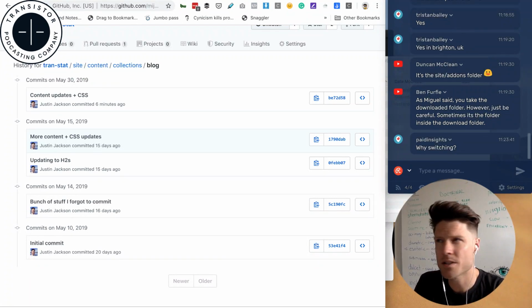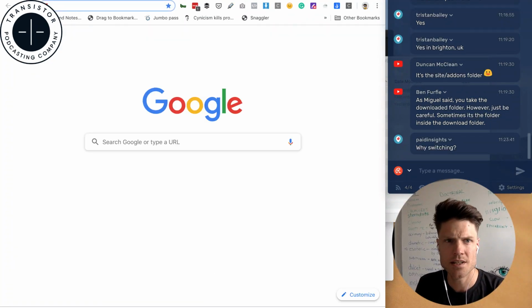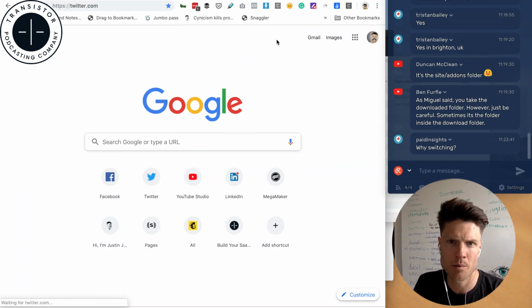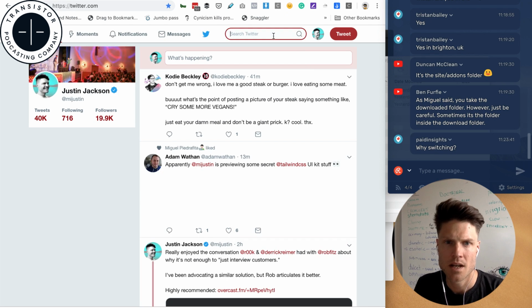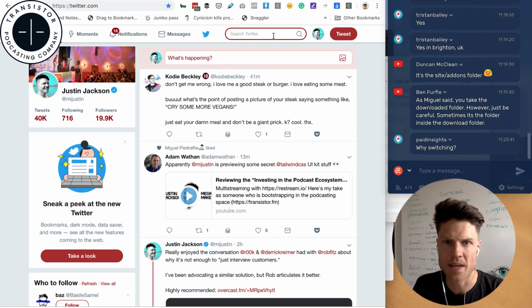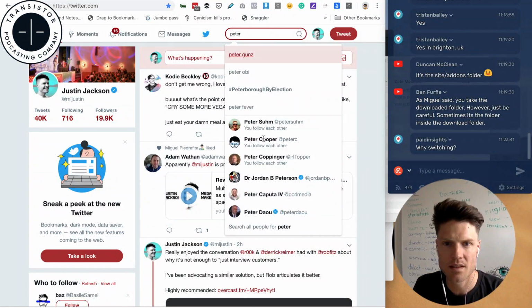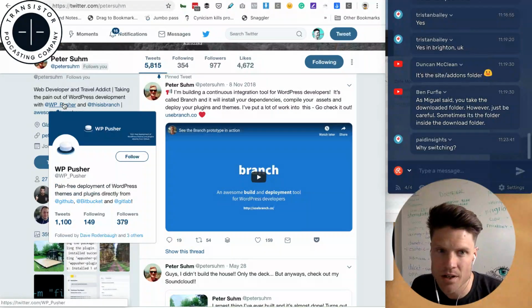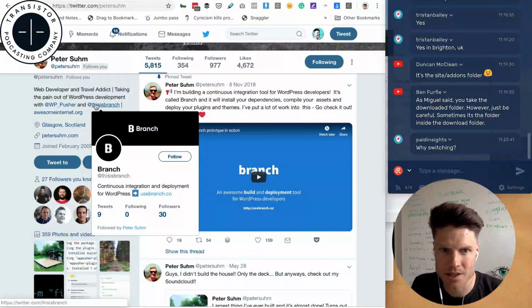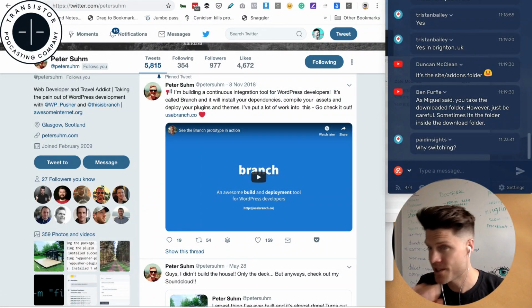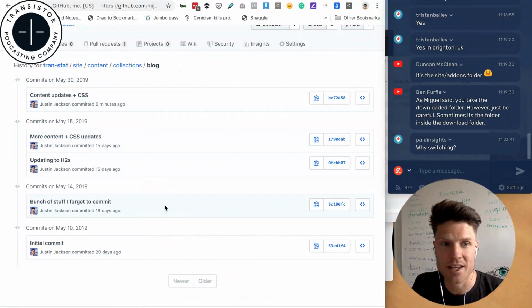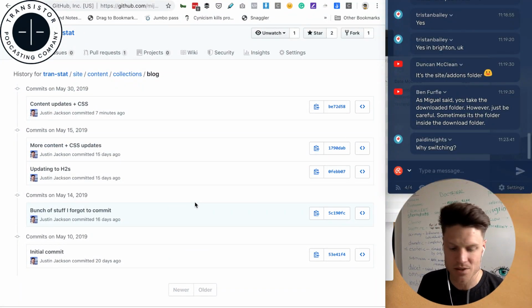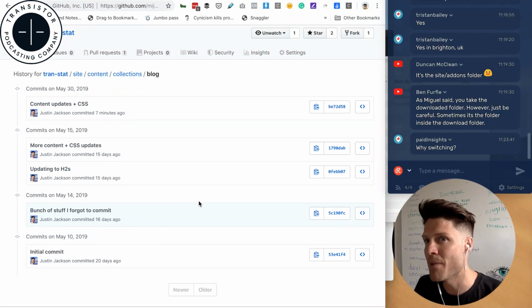There are folks like Peter Sum. I'll show you he's doing all sorts of cool stuff with WordPress and source control. I think you can do it, but he's got WP Pusher, he's got This is Branch, continuous integration deployment for WordPress. But there's just something about having all of my content in source control, all of the theme in source control, that makes it so much easier. And the way that Jack and the Statamic team have designed and architected everything, it'll make it easier